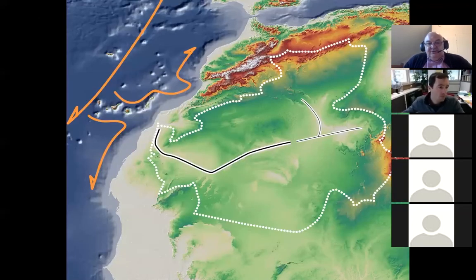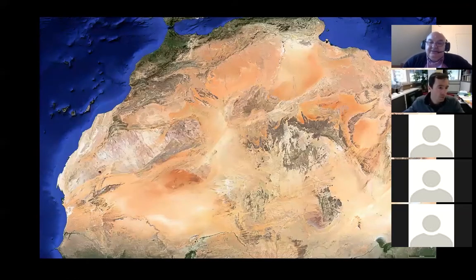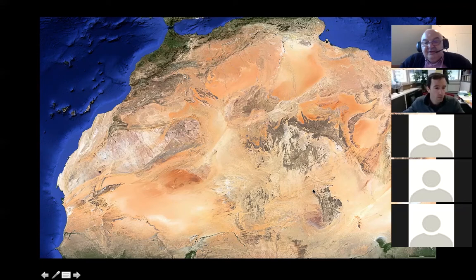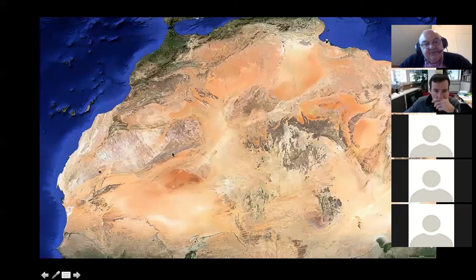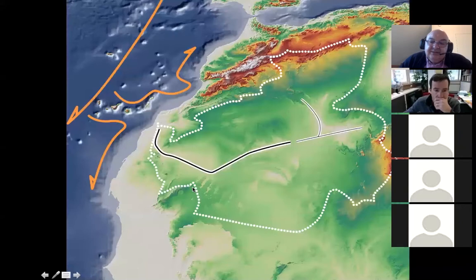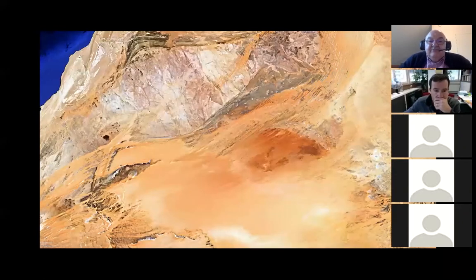Okay, just to show you the difference between the DEM and the Google Earth image. So you clearly recognize the river, and you see that this domain here corresponds to an Archean craton called the Reguibat craton. Okay. And the river is crossing and cutting through this craton. Okay, and if you look, and this is the next slide, sorry, this is the next slide. Yeah, in that zone, what we have is mainly